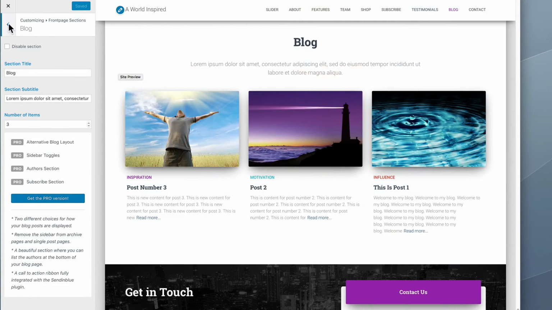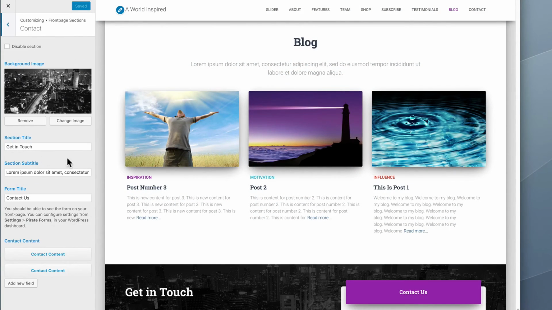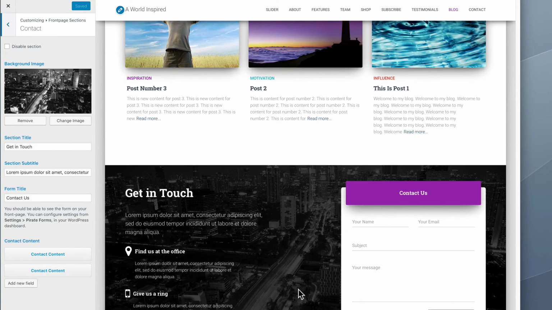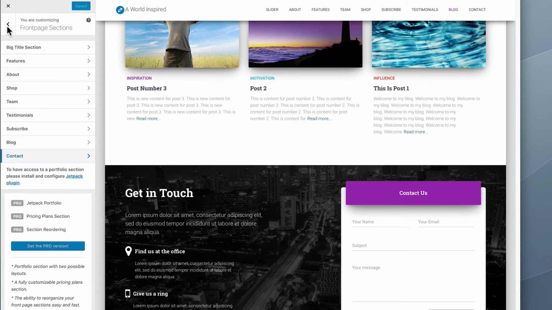Beneath the blog section of the home page is the contact section. And then this is done through the Pirate Forms plugin from the people at ThemeIsle. Put in a title, subtitle, a form title, and you can add as many of these little icons right here with different information as you like through these content fields. And then finally, there's some pro offerings like portfolios, pricing plan sections, and you can do section reordering, but that